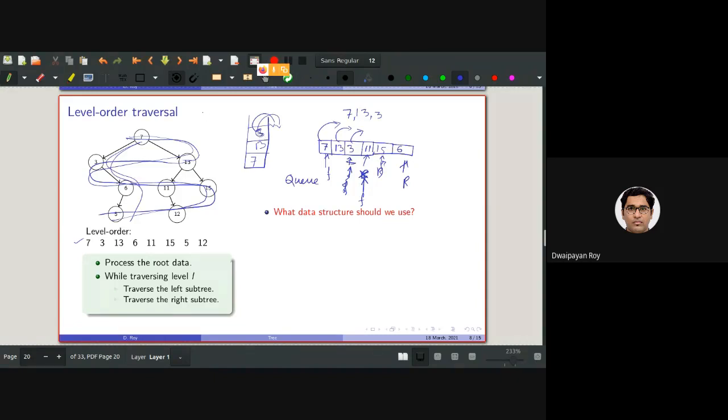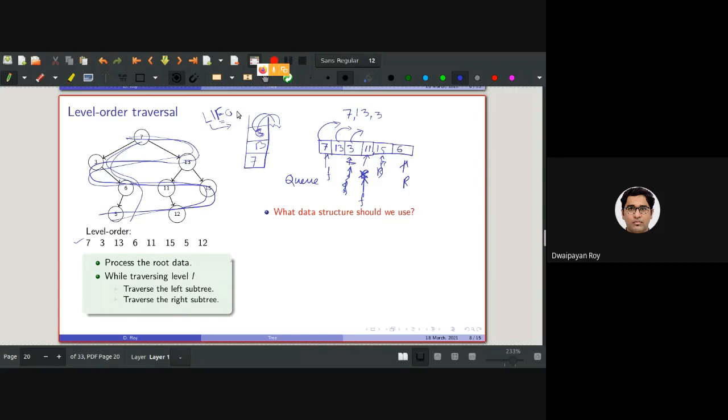So whichever element is pushed last will be popped first. So last in first out.